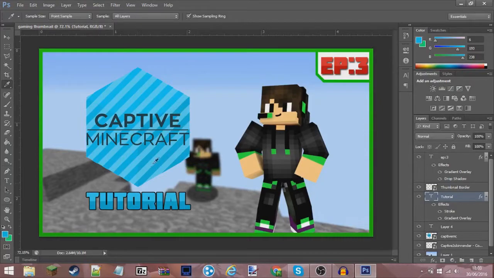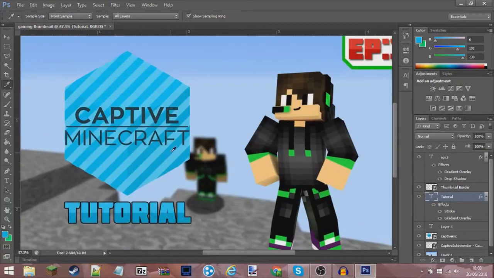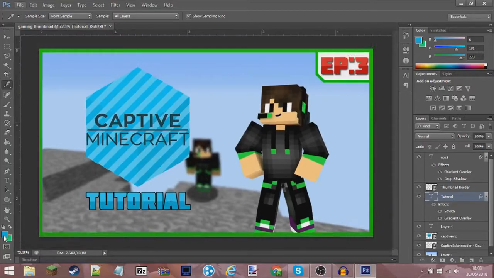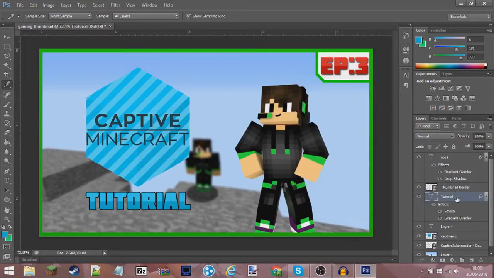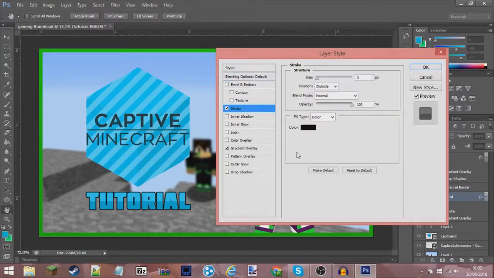because I make the text underneath the Captain Minecraft logo the same as the logo itself, so that the colors are the same. So zoom in and click on this darker one, which is darker than the other one, and you want to head over and click here, and I head over and highlight this little hashtag part there, hit Control C to copy it, click X, go back into blending options on your text, back to stroke, click on the color, and